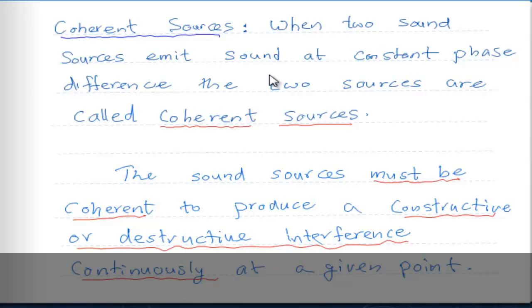In order to see a constructive or destructive interference, we need two coherent sound sources. Coherent sound sources are sound sources that emit sound at constant phase difference. In general, it could be sound, it could be any other wave. In general, coherent sources emit waves at constant phase difference. Then the two sources are called coherent sources. Normal sources that emit waves are not coherent sources, so we cannot see interference. So the condition is sound sources must be coherent to produce a constructive or destructive interference continuously at a given